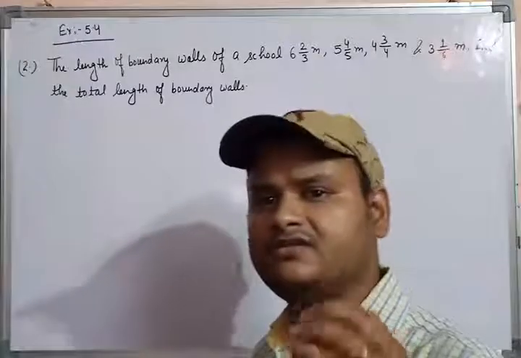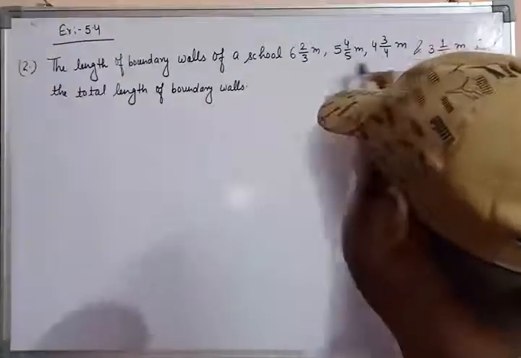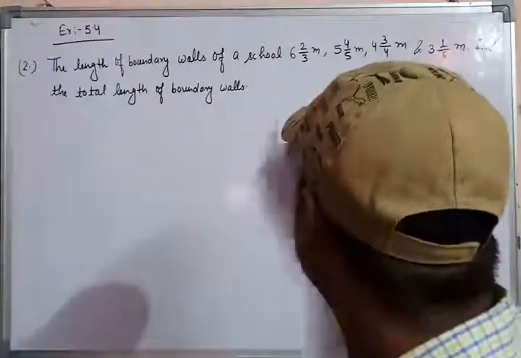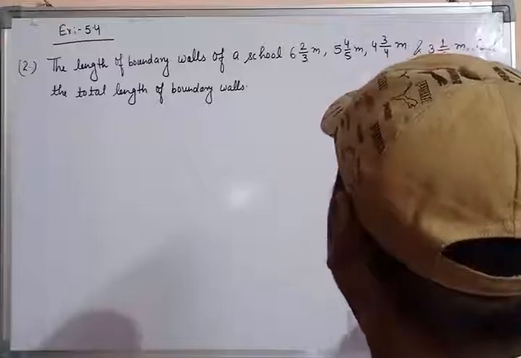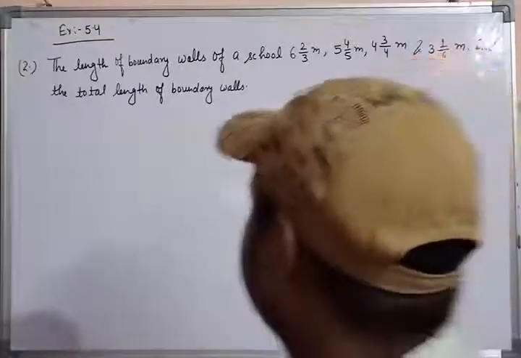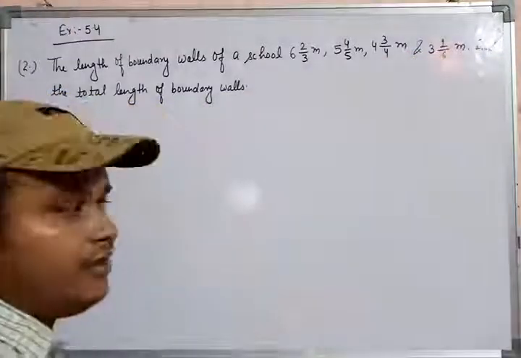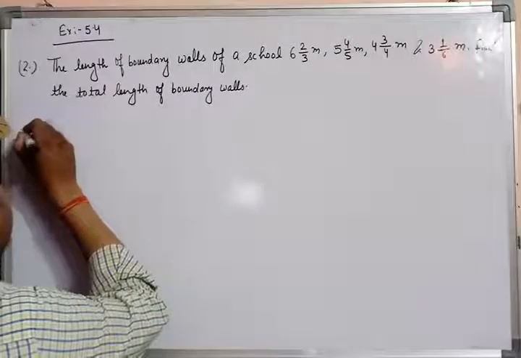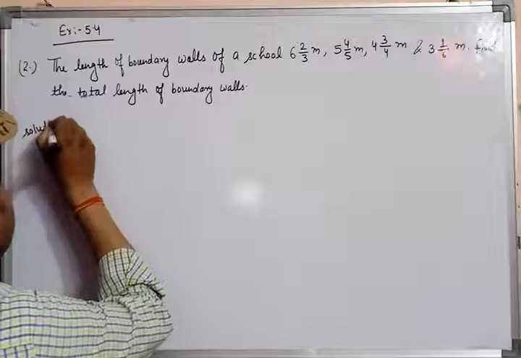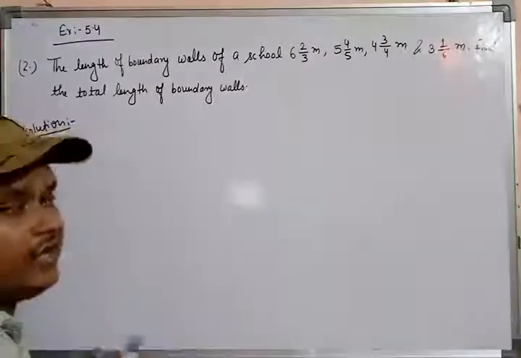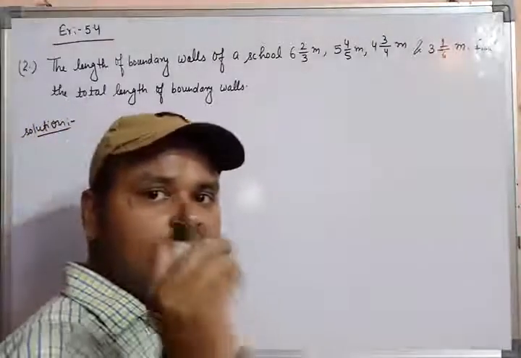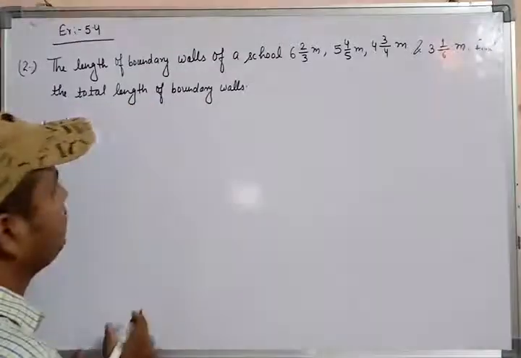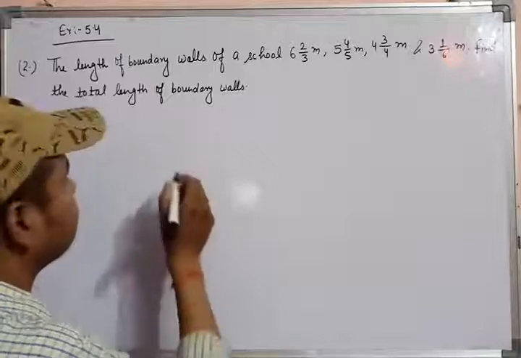You have to add all these fractions after converting them into like fractions, because these fractions are not like fractions. So first of all you have to write the solution step by step. This is necessary. If you solve any word problem, then you have to write all the steps in the solution of the word problem. Okay, so we can write